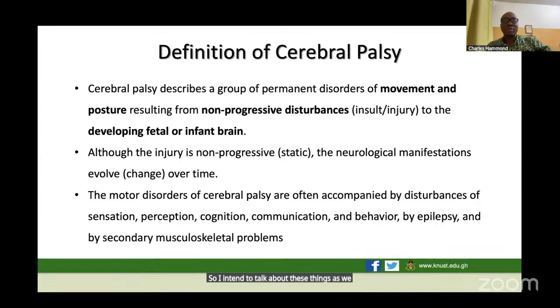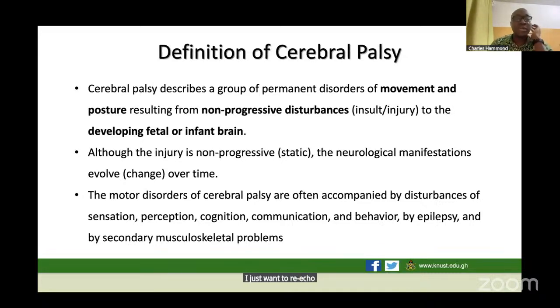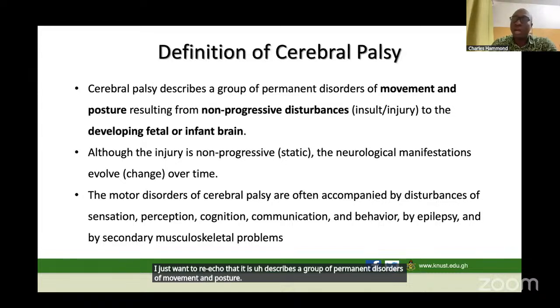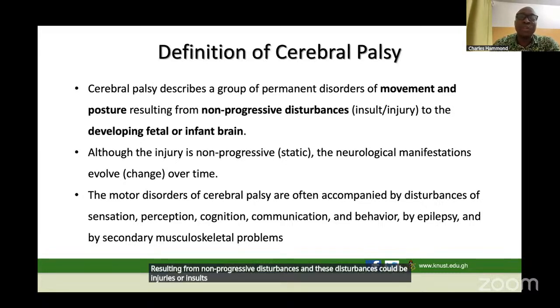And Dr. McCarthy actually defined cerebral palsy for us excellently. I just want to re-echo that it describes a group of permanent disorders of movement and posture resulting from non-progressive disturbances, and these disturbances could be injuries or insults to the developing brain. And when we say the developing brain, we mean the brain from conception